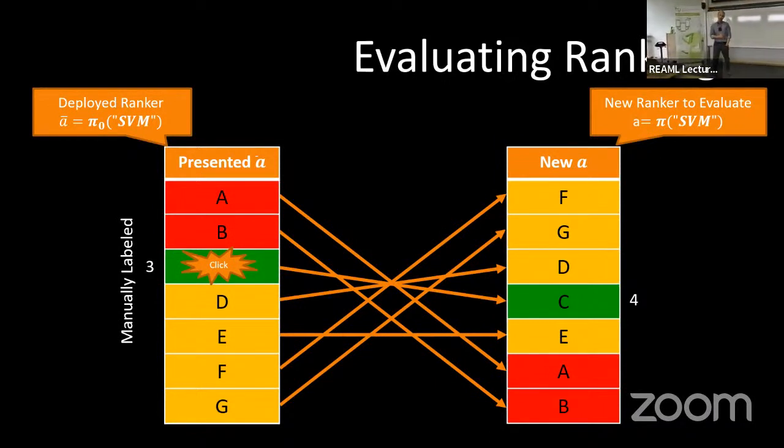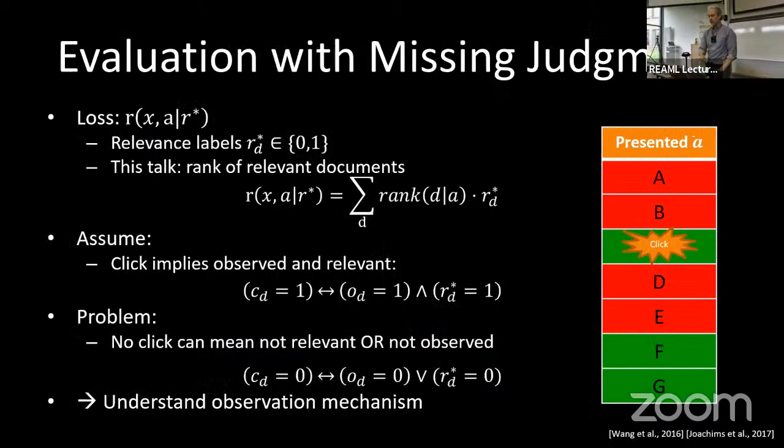Now, what can we do here? Deterministically deciding whether this ranking is better than that ranking just doesn't work, right? But that's not what we really want. We just want to know it in expectation. To get to that, let's think about a simple model of what user behavior could actually be in rankings. Let's say our metric is the average rank, or the sum of the ranks of the relevant documents, and that's something we want to minimize.